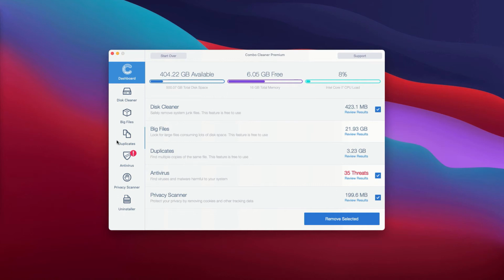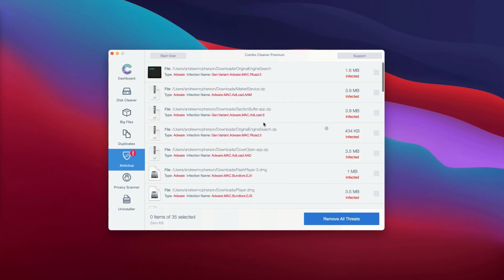After the scanning is completed, you will see the detailed report about the status of your Mac. You may go to the antivirus area and click on Review Results. The antivirus will give the total number of threats, and to review them, click here. Now, the program will show you the name of each specific threat, and what's very important, it will also show you its exact location. So what you can do is click on this icon, this button that says Show